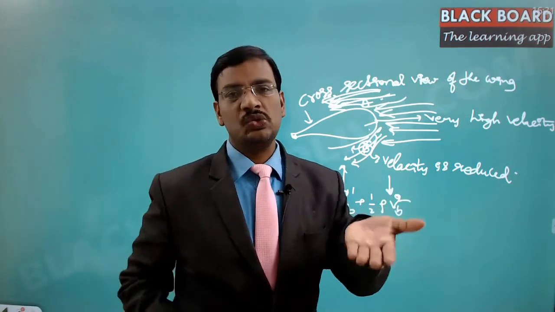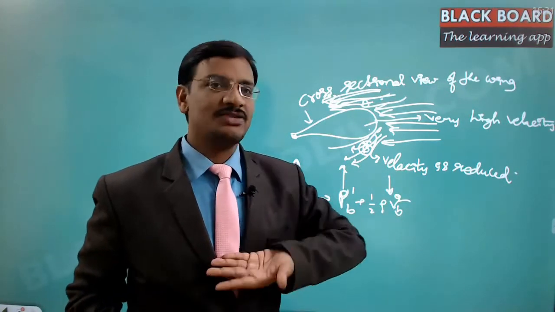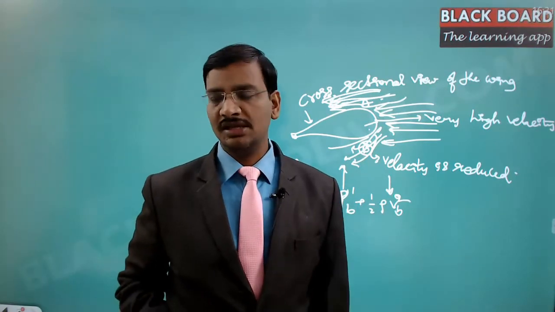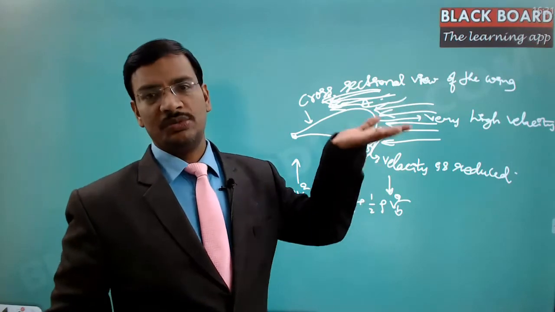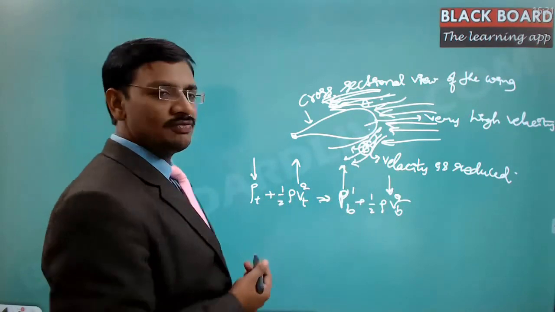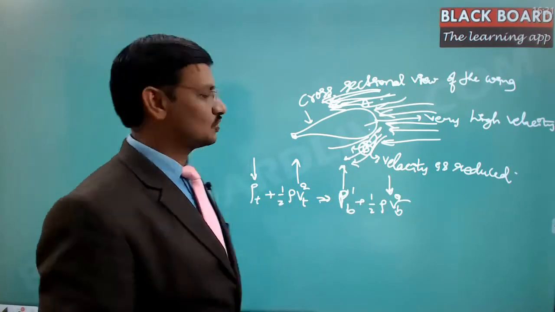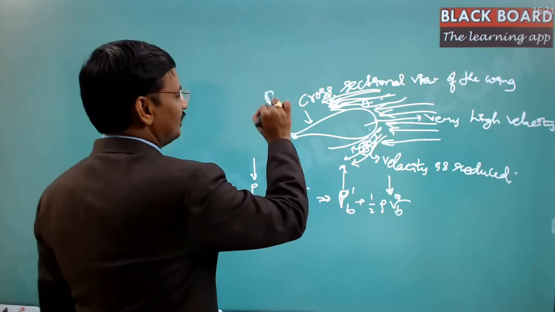So just due to the wings. The wings have to move continuously with very high velocity, then the pressure difference will be very high. Obviously, the lift is going to happen because the movement of the flight is at very high speed. So this is what we call the dynamic lift.